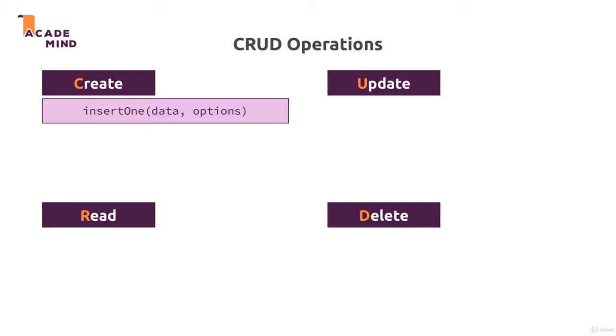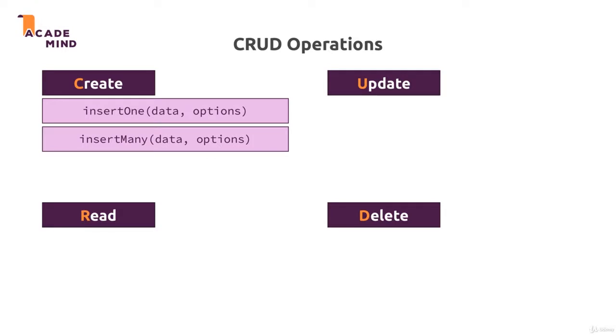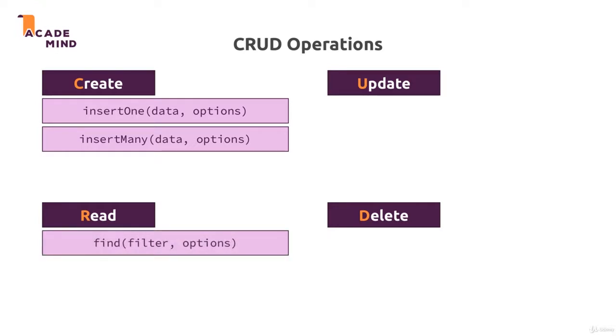Besides inserting one document, we can also insert many documents, by the way. So if you have a use case where you need to insert more than one document at a time, you can do that too. This is important for creating data. Now, for reading data, we got find, and find also allows us to pass in some arguments. Right now, we're calling it without anything, just find with empty parentheses. Now, you can pass in a filter, and filters are very powerful. They allow you to narrow down the data you're retrieving, something you, of course, often want to do in a database. And you can also pass some options to find. And again, we'll take a close look at all these options and filters throughout the course too.